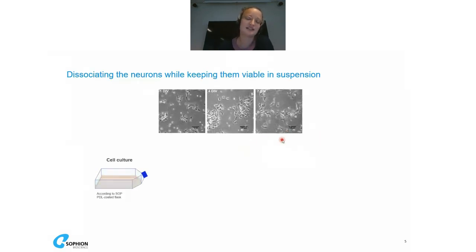One of the challenges of performing automated patch clamp on iPSC-derived cell lines is that we have to have the cells free in suspension, which means that we have to dissociate the cells. As you can see in the micrographs here, the neurons form a quite extensive and complex network, and it is hard to dissociate them without harming the cells. And what we really need is a cell suspension in which the cells are viable and in which there is limited debris and